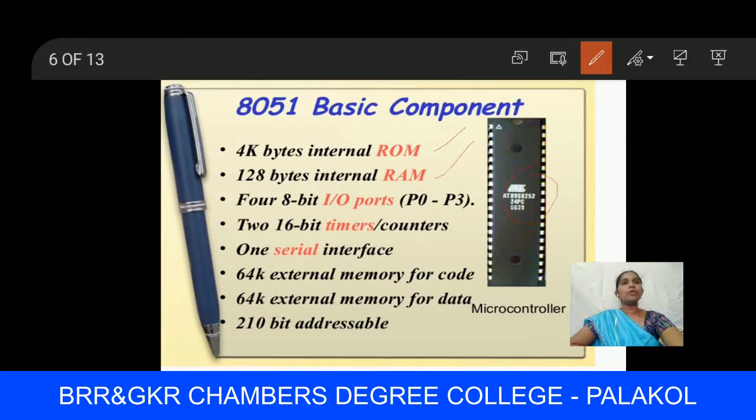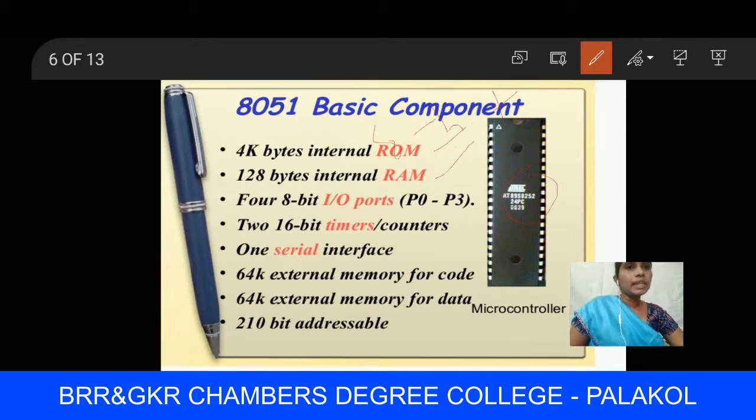The 8051 microcontroller is also an 8-bit processor. 8-bit processor means it can perform a byte of instructions at a time, that means an 8-bit operation at a time. So that's why it is an 8-bit